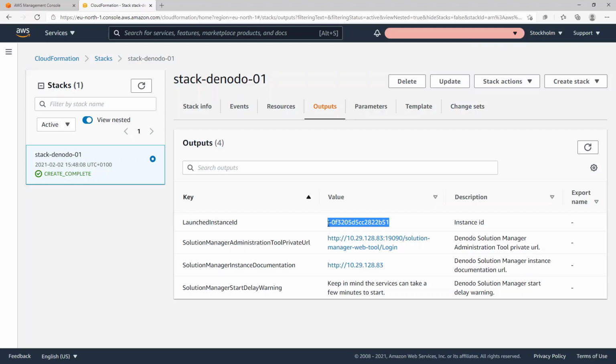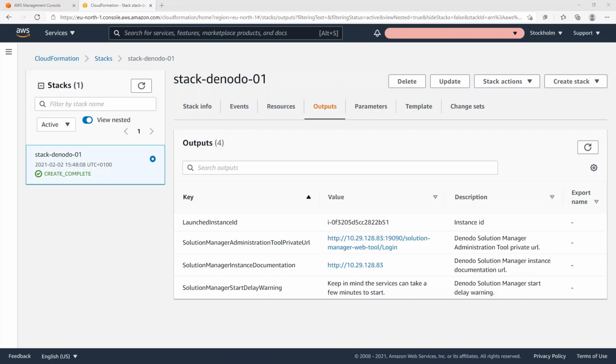Then, keep in mind the following information. The instance is launched with or without public IP depending on the setting of the selected subnet for the auto-assign IP settings. You can access the instance using the private IP displayed in the Output tab if there is connectivity between your network and the VPC in AWS due to the use of a VPN or another networking solution. And if you launch the instance in a public subnet and you want to access the instance using the public IP, you can do so checking the public IP for the instance in the EC2 console and replacing the value of the private IP with the public one.